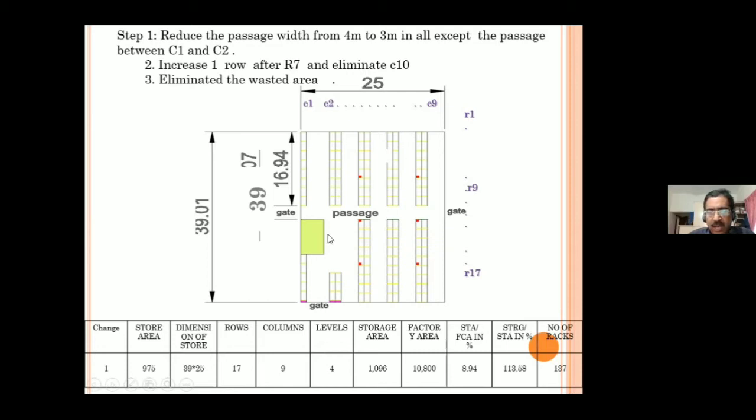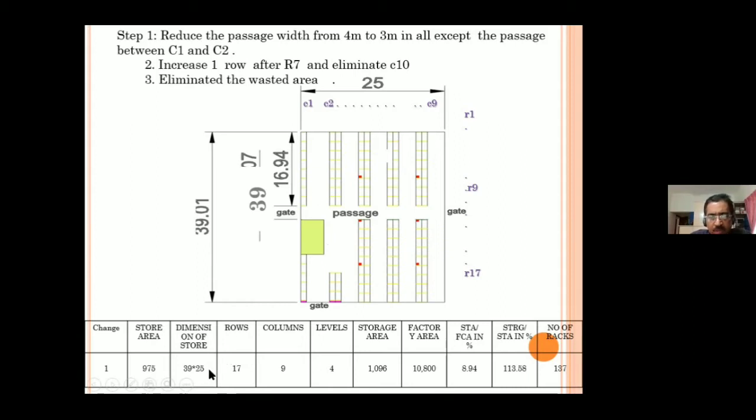And we eliminate all the wasted spaces. So this makes the store now of size 39 meter length and 25 meter width. Earlier, you might recollect that it was 40 meter by 30 meter. Now it has become 39 by 25.